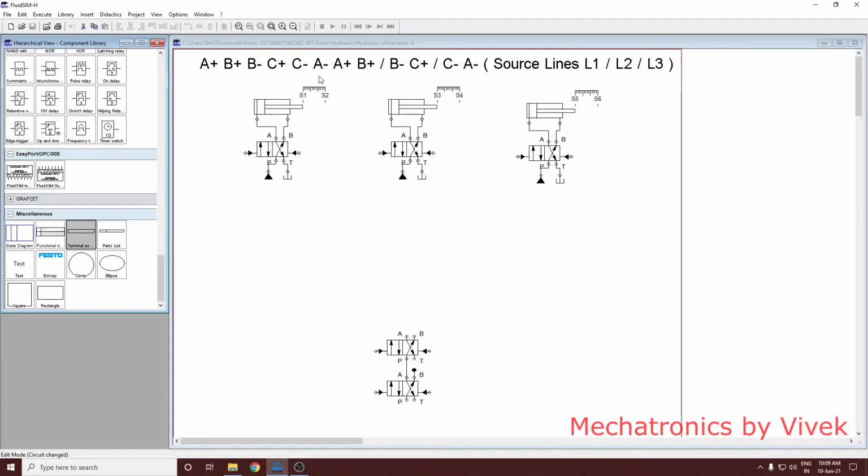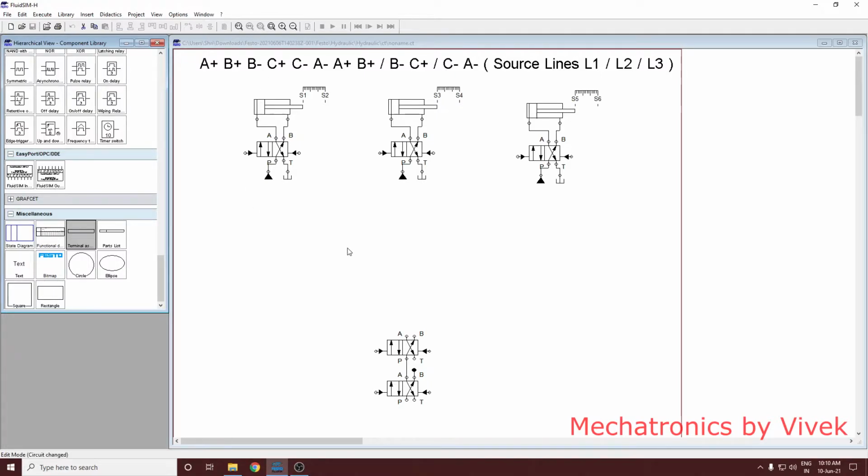Now here in this case, as you can see, B plus and B minus, this is consecutive expansion and contraction. Similarly, for C plus and C minus, there is consecutive expansion and contraction. So in such cases, you need to use cascade method, because shift resistor methods has got some constraints. Therefore, cascade method is recommended for such sequences where there is consecutive expansion and contraction.